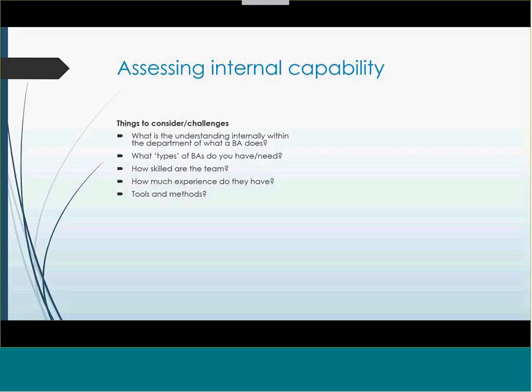Understanding what their skills, strengths and weaknesses are is bog standard stuff for managers. How skilled is your team? What are they particularly skilled at, whether it's process design, workshop facilitation, or research engineering? I'd be surprised if you got someone who's completely well-rounded in all those skill sets. And how much experience do they have?